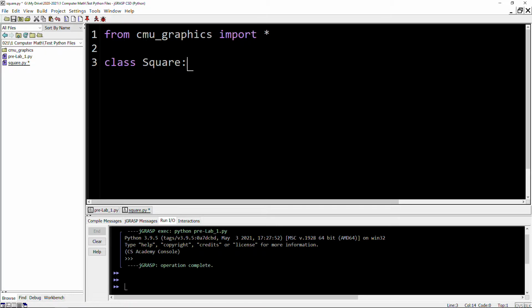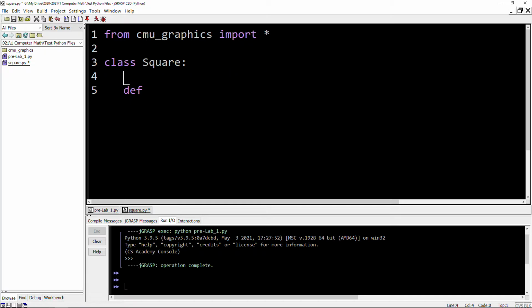Okay, class Square. Let's go ahead and define this class. I'm going to indent with 3 spaces, or some of you being lazy will just do tab, but it is what it is. And we're going to have to create the instructions on how to make the square. Remember, the class is the blueprint, and then we can create the square object, but what I need is some way that tells me how to actually create the square. The way we do it is something called the dunder init method. The other way to think about it is a constructor, so I'll put it right here. We'll say in comments what's called the constructor or the dunder init.